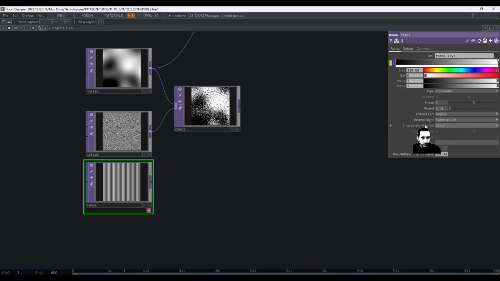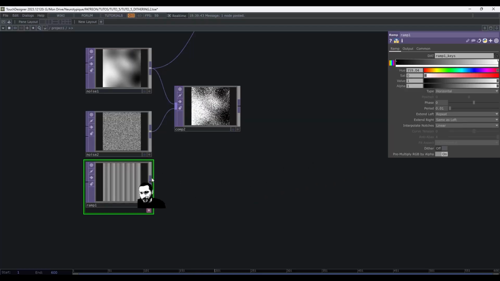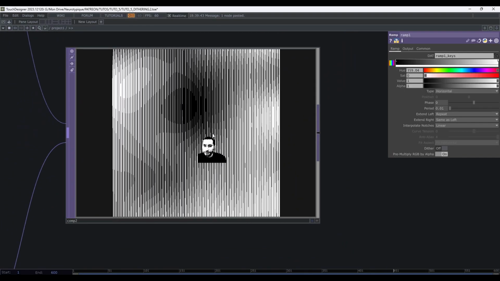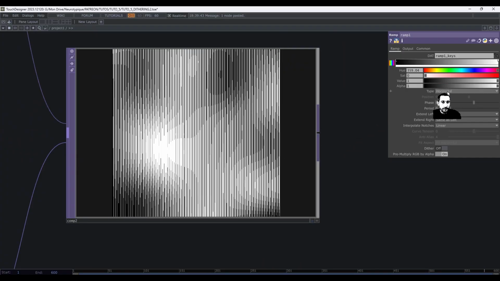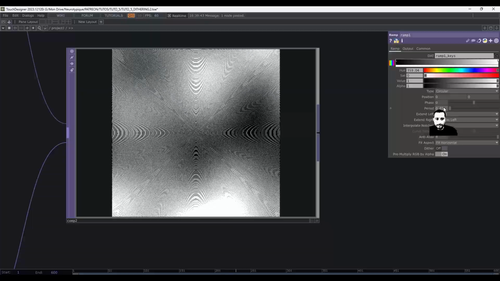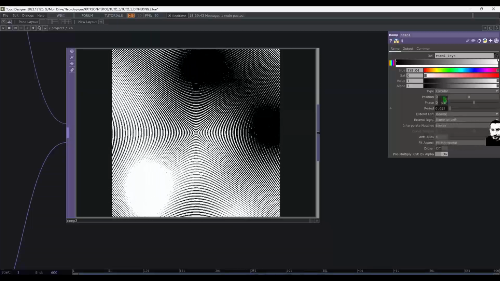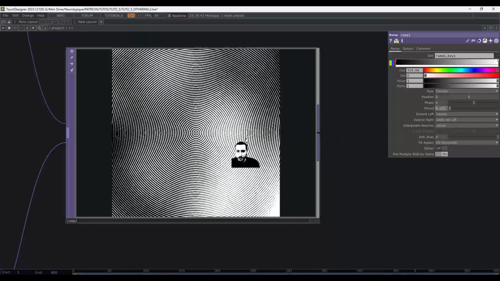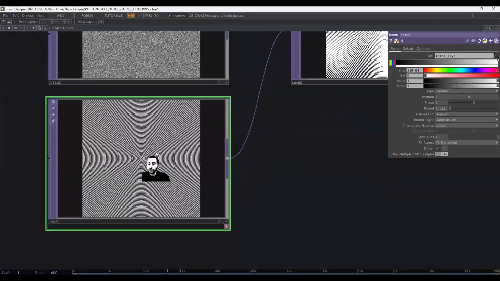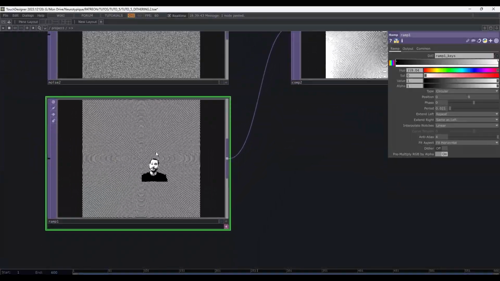And here the interpolation is linear. So here it also works. So now you can really be creative with different pictures. You could use really anything.